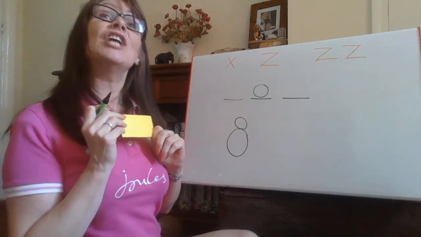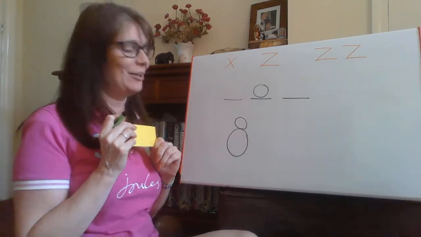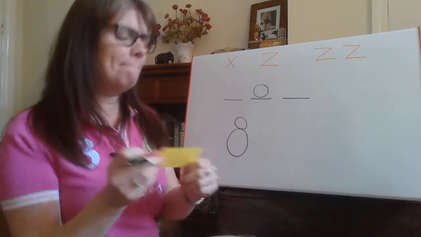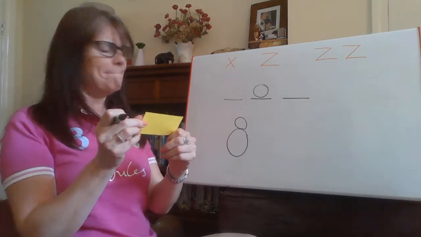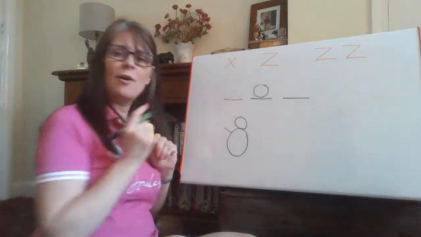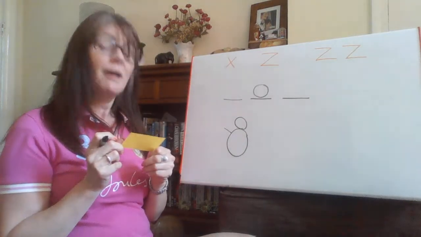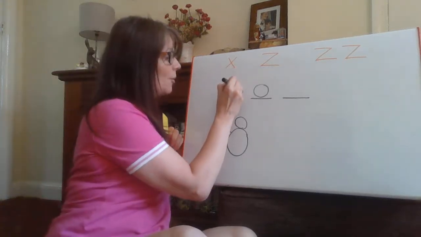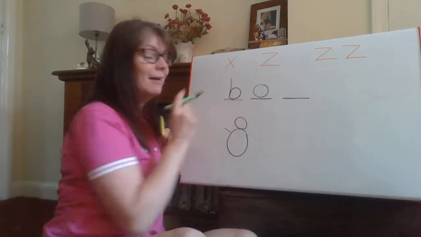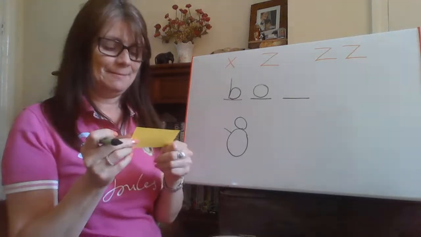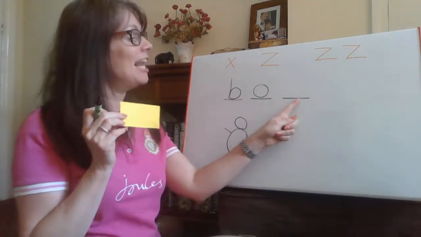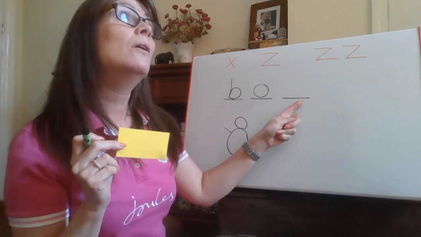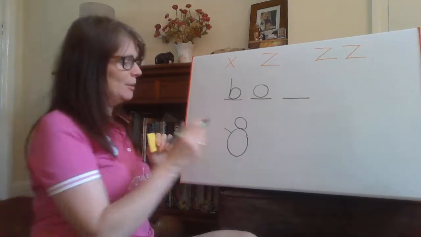Can you guess what the word is yet? No. Go on then. Another guess. No. M. No. Can you give him an arm? Another one. Oh, B. Yes, I've got a B in my word. I'm going to write it there. Have you guessed the word yet? Go on then, you can have another guess of another letter. What do you think it might end in? No, it's not an